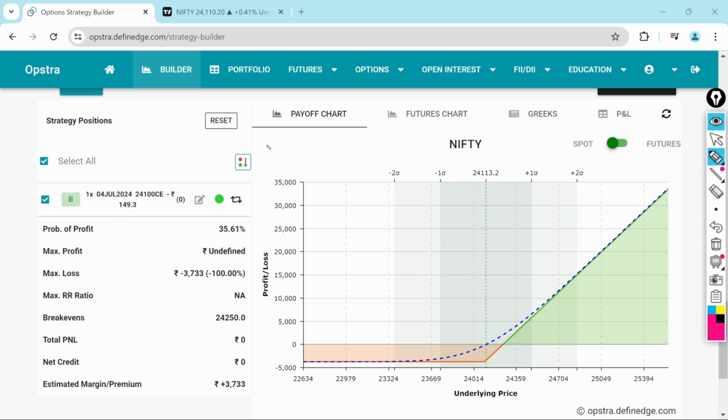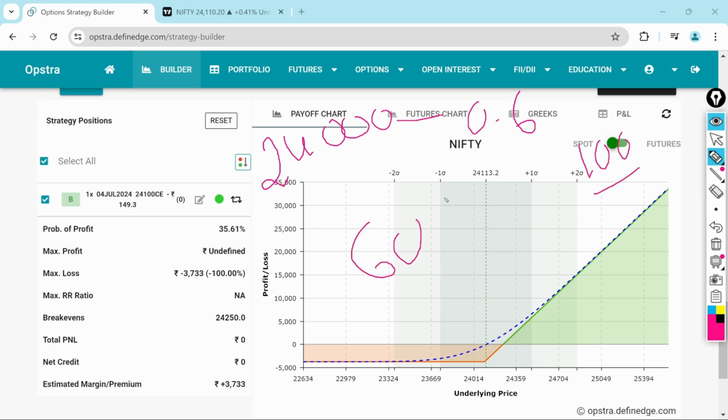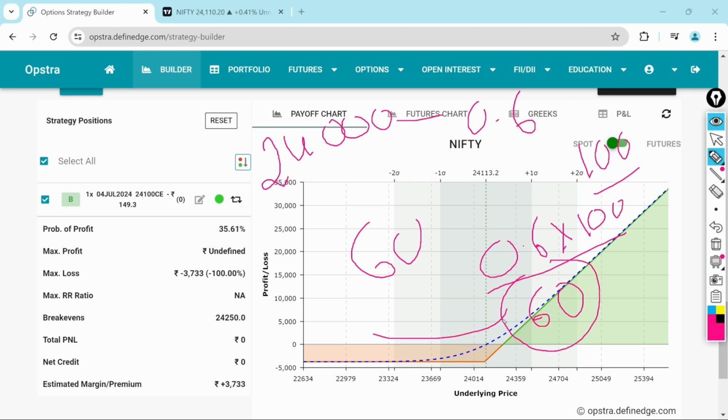What if you have bought an in the money call option? For example, if you have bought the 24,000 call, it has a delta of 0.6. Then if the market moves by 100 points, what is the net gain in this particular option? That is 60 points because it has a 0.6 delta. To calculate that, you have to multiply delta by the market movement. Market movement is 100 points and the delta is 0.6, then you will get the net points. If you have bought an in the money call option, that is the 24,000 call, then you would have gained 60